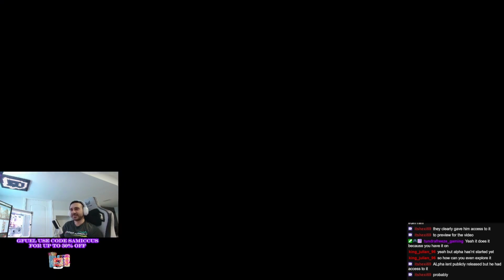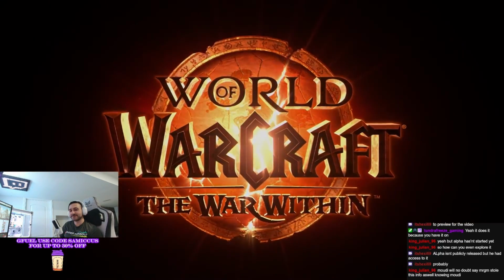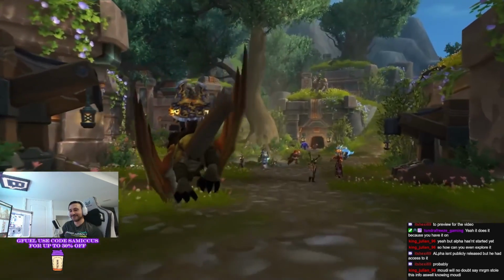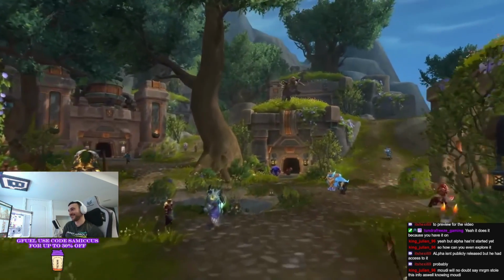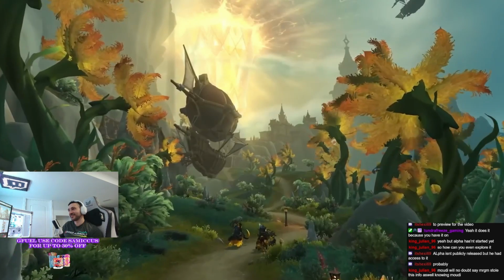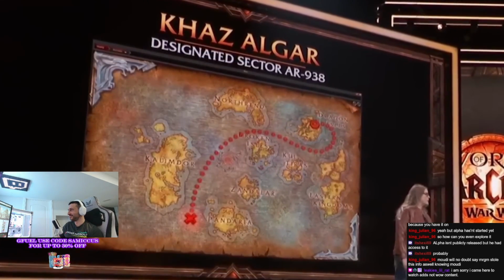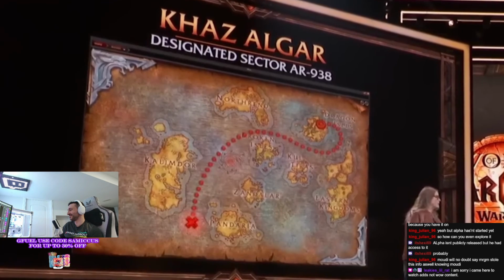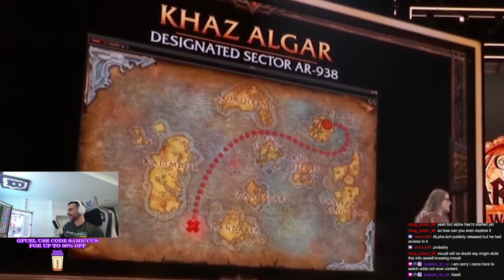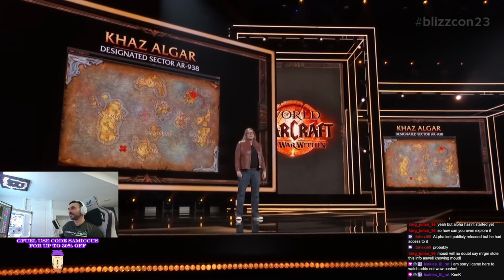Right, so yes, The War Within is coming this year in 2024, and with this new expansion is a brand new continent called Khaz Algar. This continent was the subject of rumors and fake leaks for a long time, and it looks like in The War Within we are going to Khaz Algar. So Khaz Algar is an island on the western shore of Pandaria, to the right-hand side of Kalimdor if you're looking at the map. Now, on the map preview that we did get at BlizzCon, they did show that the